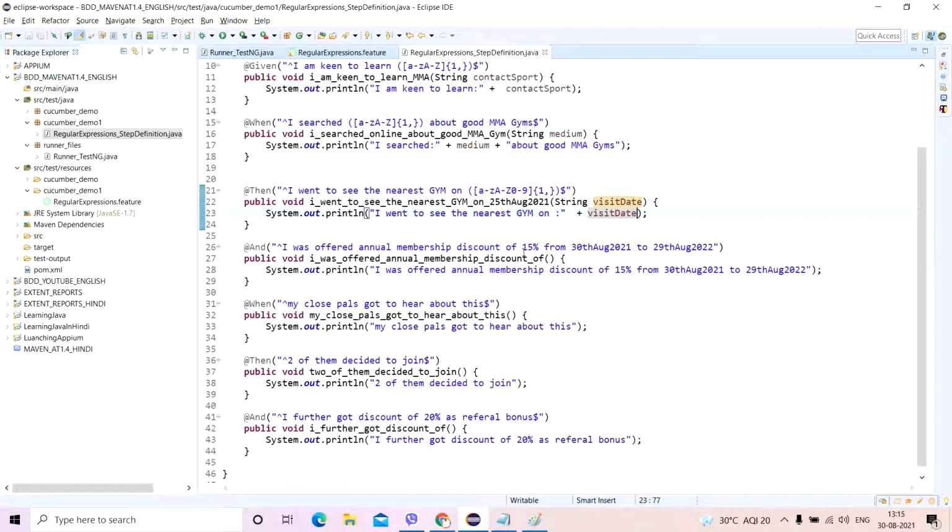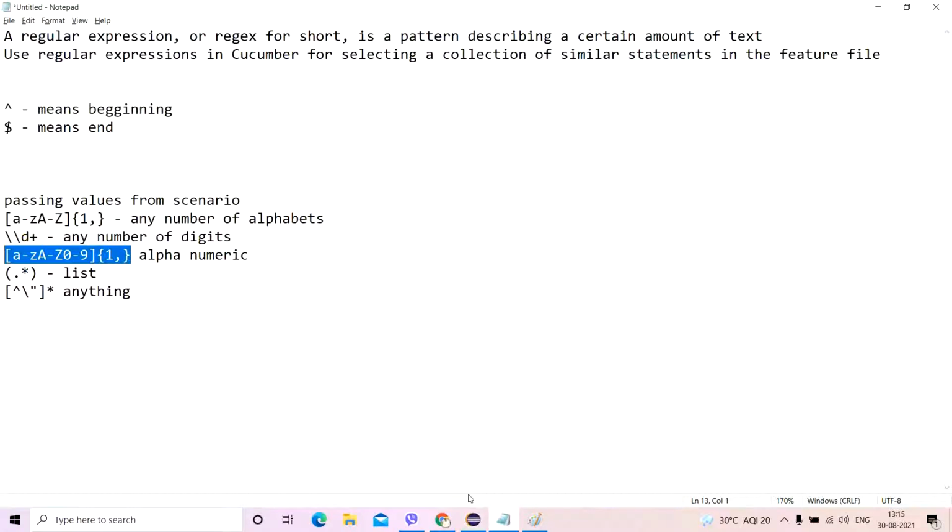Now let's move on to this one. This one is 15%, right? 15 is a number, and this one is not even an alphabet. It is something known as a special character, an ampersand sign. So I'll select something known as anything.